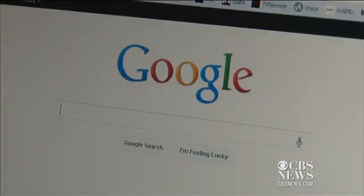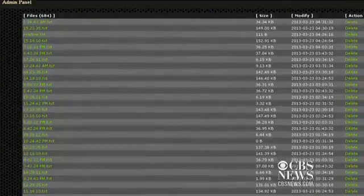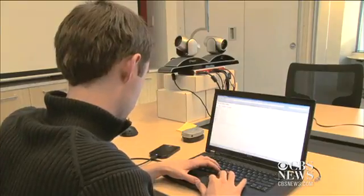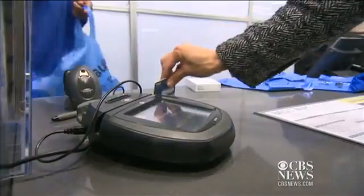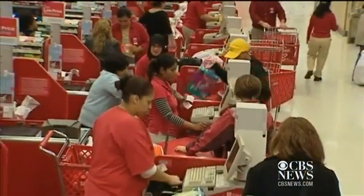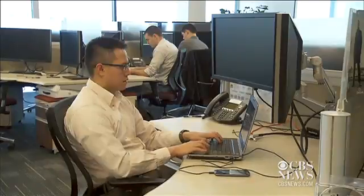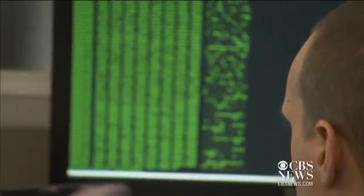A quick online search can lead hackers straight to malware options like vSkimmer, Black POS, and Alina. If I were an attacker sitting in front of my computer, I would be waiting for someone to check in. So a point-of-sale system that I've compromised would show up on my computer as just kind of like a line item. Like in the case of Target, the hackers often gain access to the company by way of a malicious email. They'll just wait for some unsuspecting corporate user to go download this malware, and what you would say is